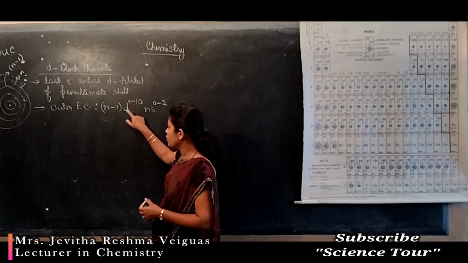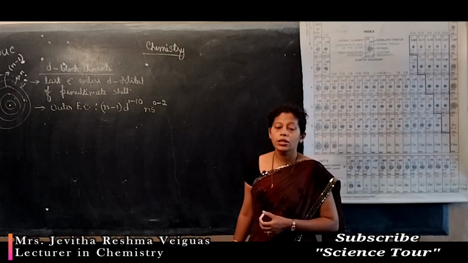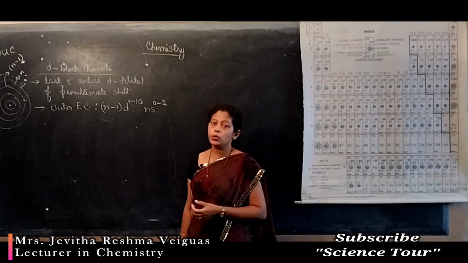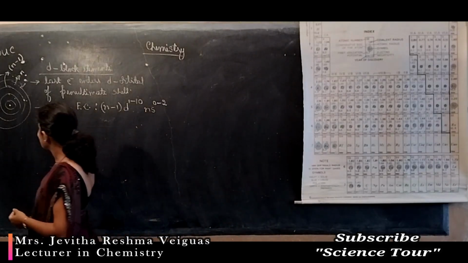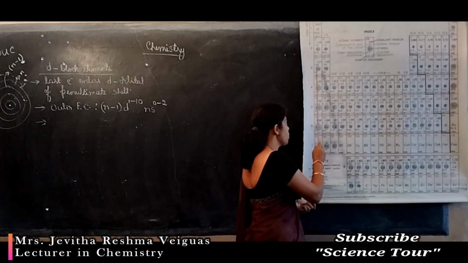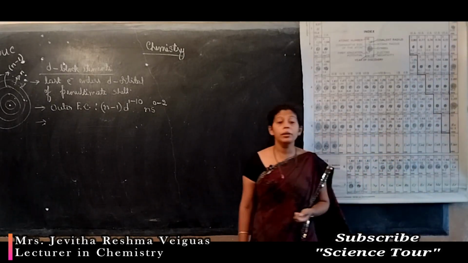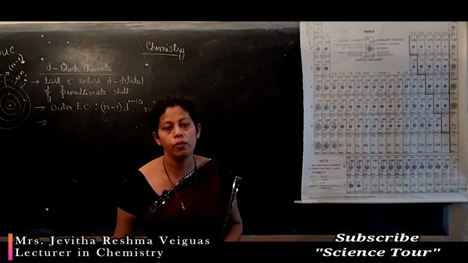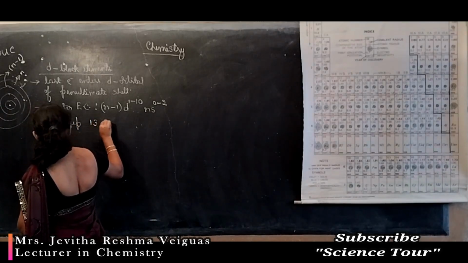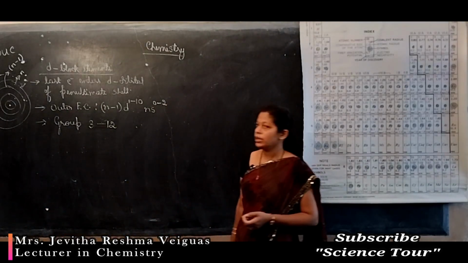This is the outermost electronic configuration of the D block elements. Here the last electron enters the D orbital of the penultimate shell. The S orbital may have 0 up to 2 electrons. Which elements belong to D block? The elements which are in between S and P block. Students, you know S block are groups 1 and 2, and P block are groups 13 to 18. In between come groups 3 to 12. These elements, groups 3 to 12, are called D block elements.